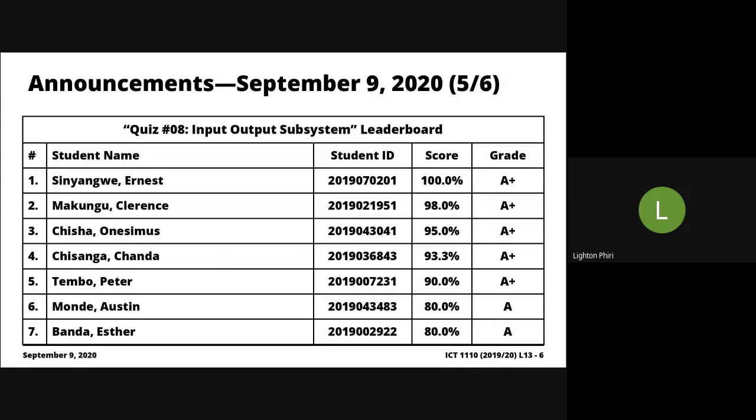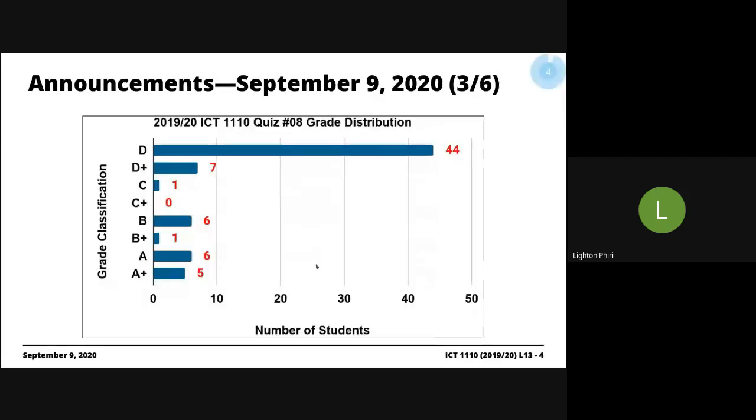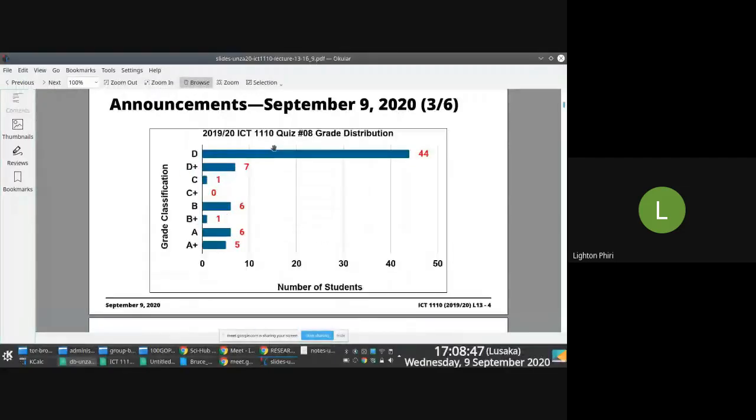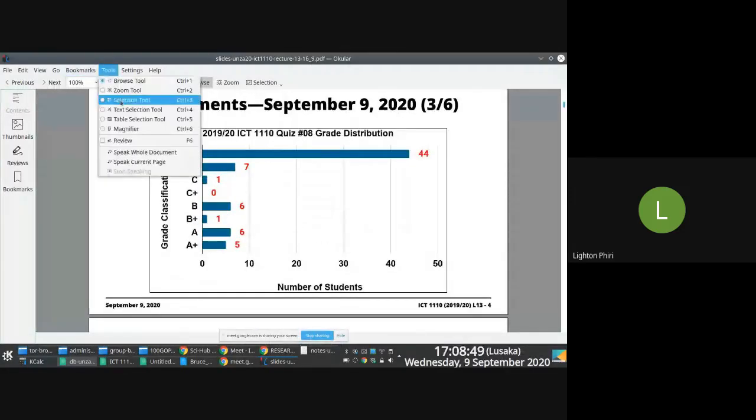If we can have these people here perform as well as they did, the question we should be asking ourselves is, what exactly is wrong with the 44, right? I don't know if the Bible has the 44, but what exactly is wrong with these people here, right? What's happening here?